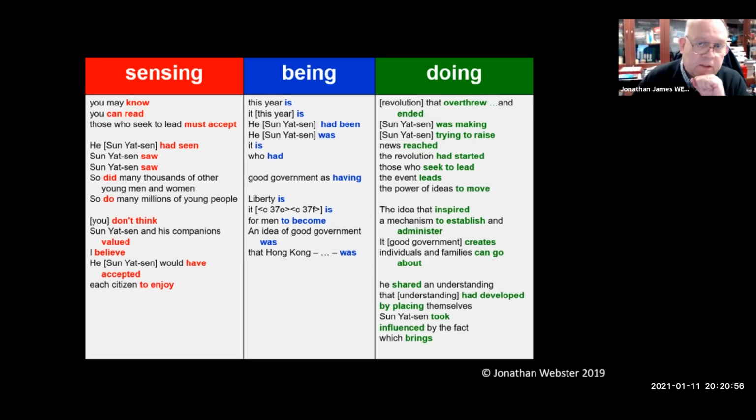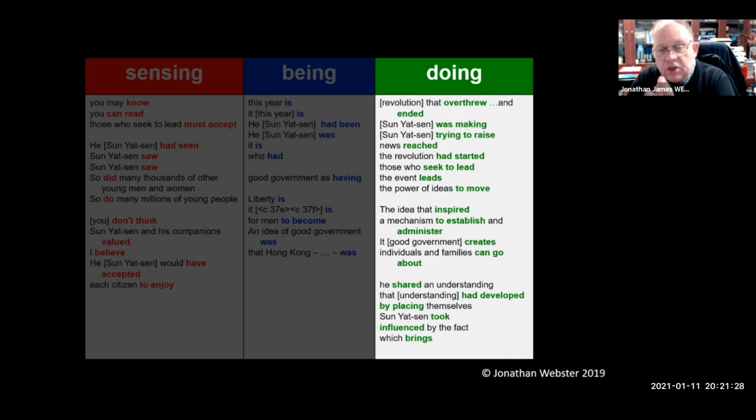What I did with Donald Tsang's speech was this. I broke it up into the categories that I've been talking about: sensing, being, doing. Under sensing, I list know, read, accept, see. Under being, the verb to be, the verb to have. Under the verb do, things related to doing. As I was looking at it, I noticed something, and that was in just looking at the doing,